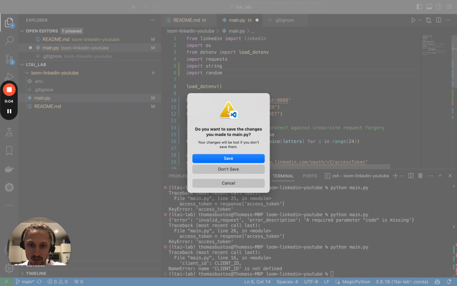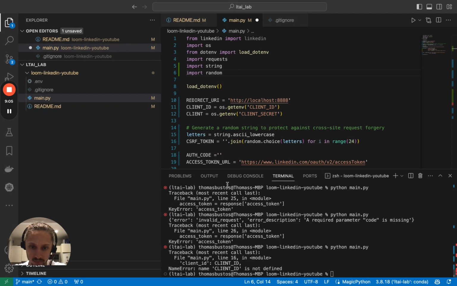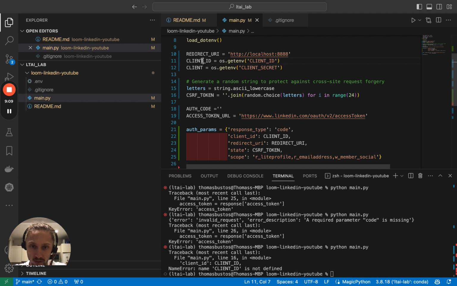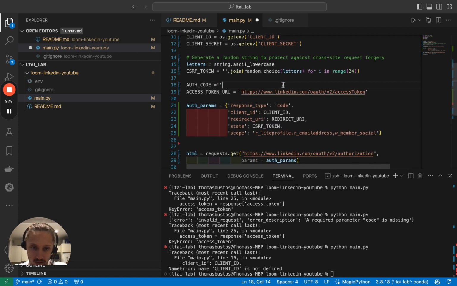Okay, imported string and random. I'm saving, so I have the localhost, client ID, client secret. The client secret should be used afterwards. Request authentication URL. So I have the code, the client ID, redirect URI,